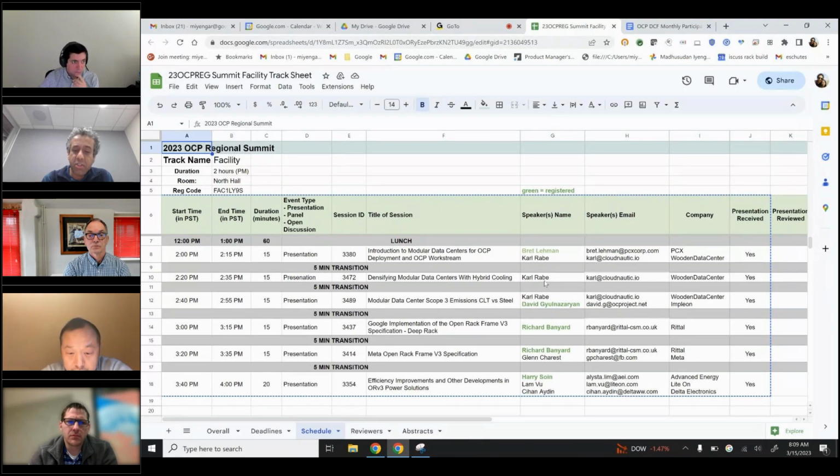of Meta, focusing around rear door heat exchangers. That's the hybrid cooling. Modular data center scope 3 emissions, CLT versus steel. I think CLT, I'm not sure what that is. Perhaps that's a word. And then this is also Carl. So those are the 3 data center facilities